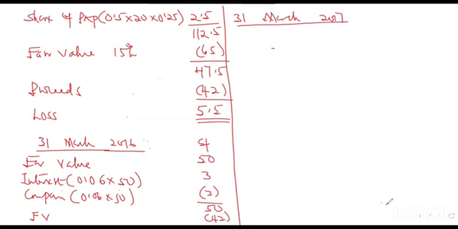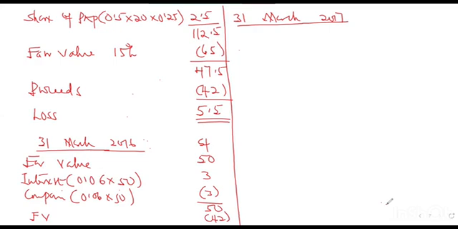Okay, our fair value of the bond, the interest will still be calculated on the 50. So the interest will still be on the 50. The fair value, which is 42, is just the movement that we are looking for. But the interest will still be paid on the agreed amount, which is the nominal value. So that will still be 50. So we receive the interest of 3 million, but we are concerned about, so this one, let me do